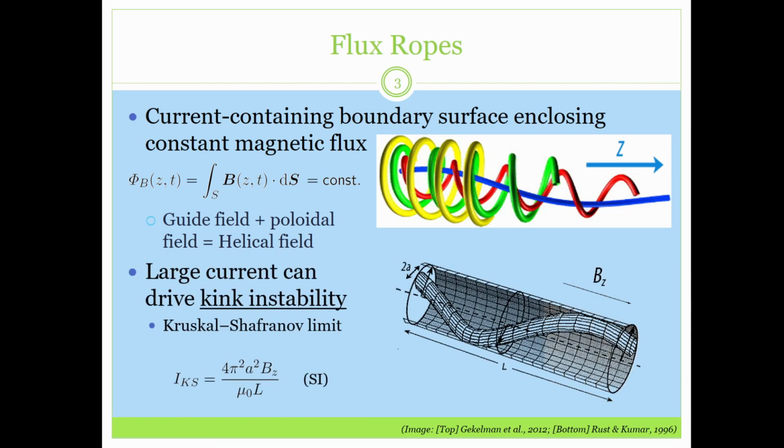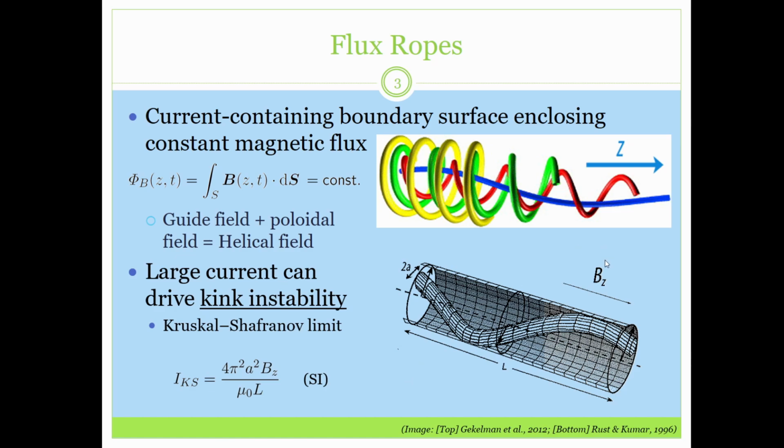So the other property of the flux rope is that it can be driven kink unstable, and that depends on the amount of current you put through it. When the current exceeds a value known as the Kruskal-Shafranov limit, the rope becomes very unstable and starts to wriggle and writhe very violently. The Kruskal-Shafranov limit is given by this expression right here. It depends on the geometry of the rope, where A is the radius, L is the length, and BZ is